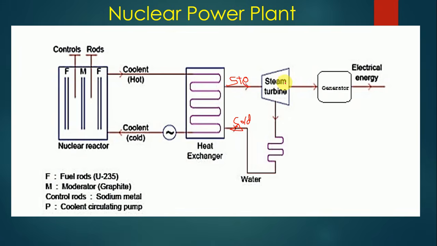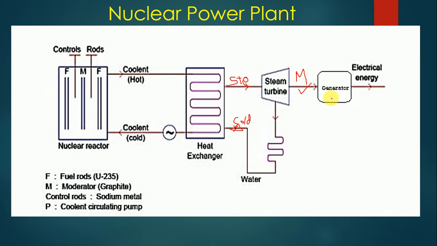Now this steam will enter into the steam turbine. This is a steam turbine device. In the steam turbine we have a blade and shaft arrangement. When the steam goes inside, it will impact the blades, and the blades start rotating, and hence the shaft will also start rotating. Now when the shaft is rotating, at the outlet of this steam turbine we have mechanical energy. So this is the output energy which is available here.